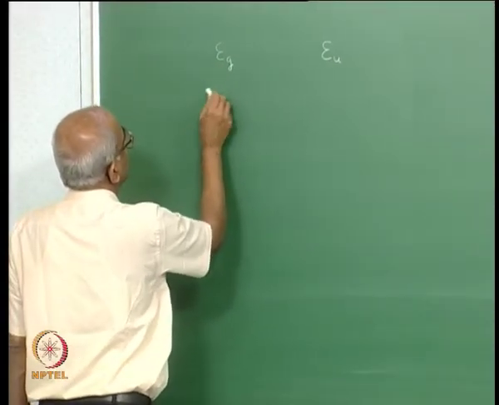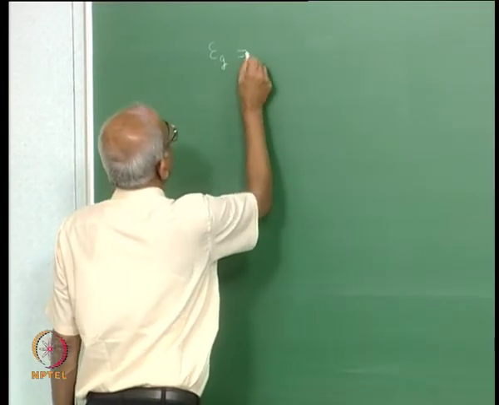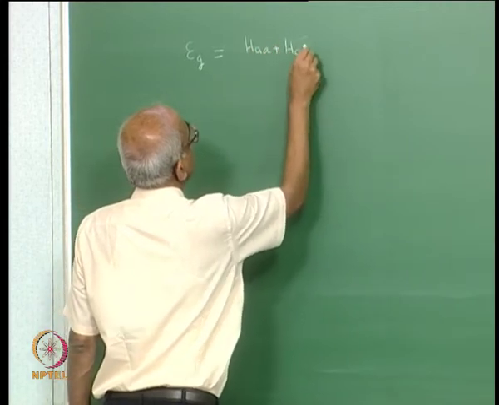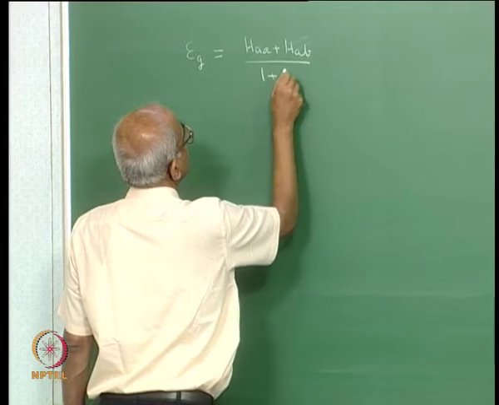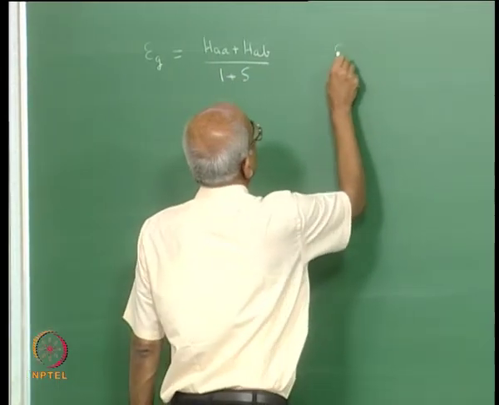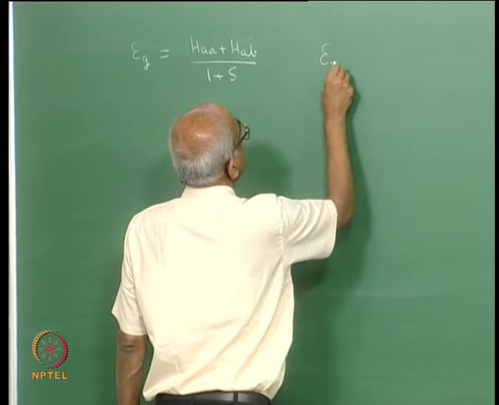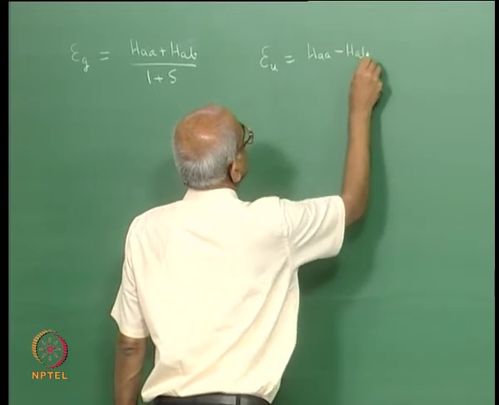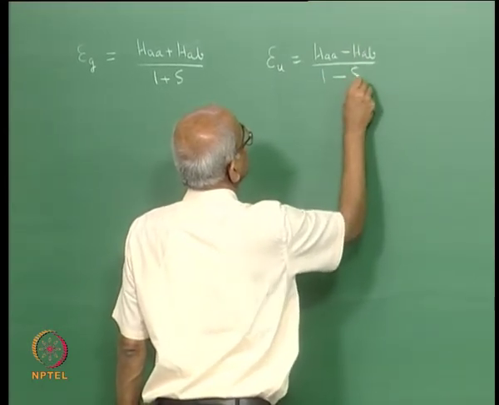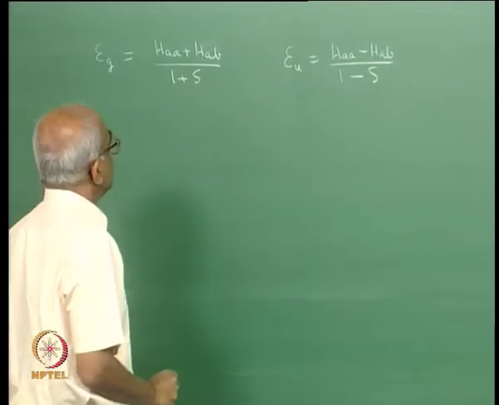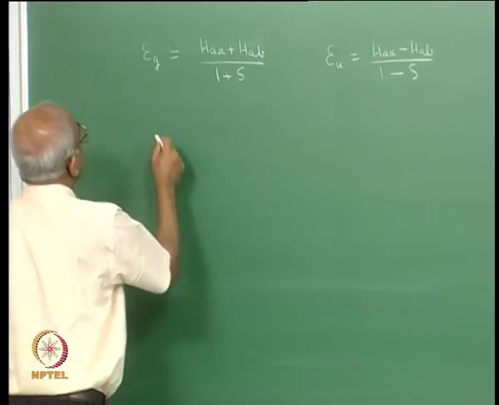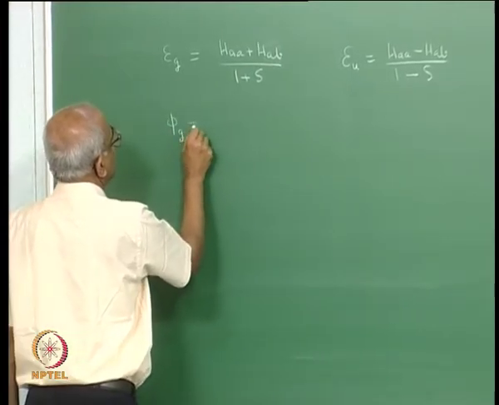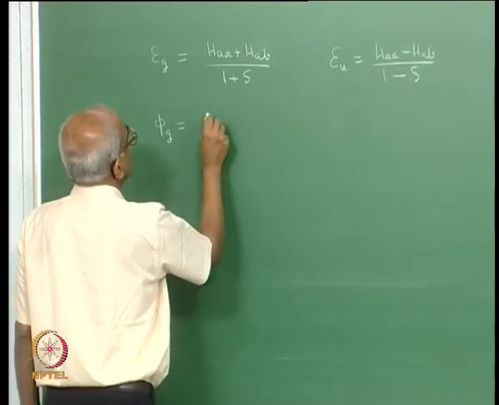The energy Eg was equal to HAA plus HAB divided by 1 plus S, while Eu was found to be equal to HAA minus HAB divided by 1 minus S. And further, the wave functions for these two states, which we denoted by the symbols phi g and phi u, were given by